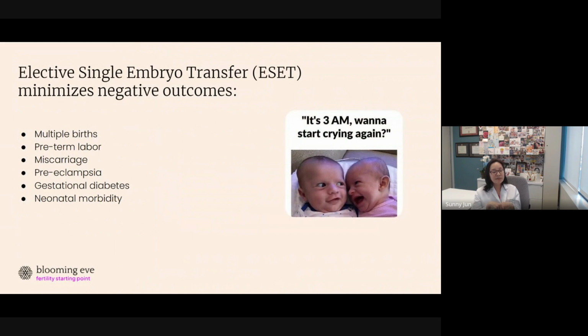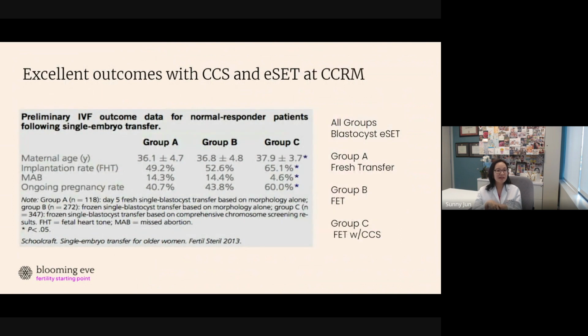By performing single embryo transfers, it does reduce multiple births. That's not what we want. It reduces preterm delivery, complications during pregnancy, such as miscarriages, preeclampsia, and gestational diabetes, and then due to sometimes preterm delivery and multiple births, neonatal morbidity. Next. So Dr. Schoolcraft looked at this, and this was back in 2013 when he published this data, looking